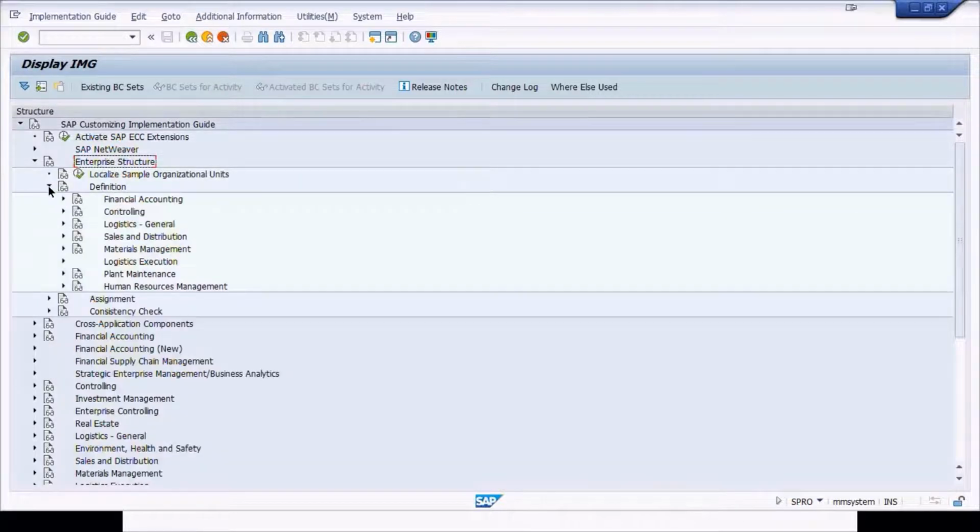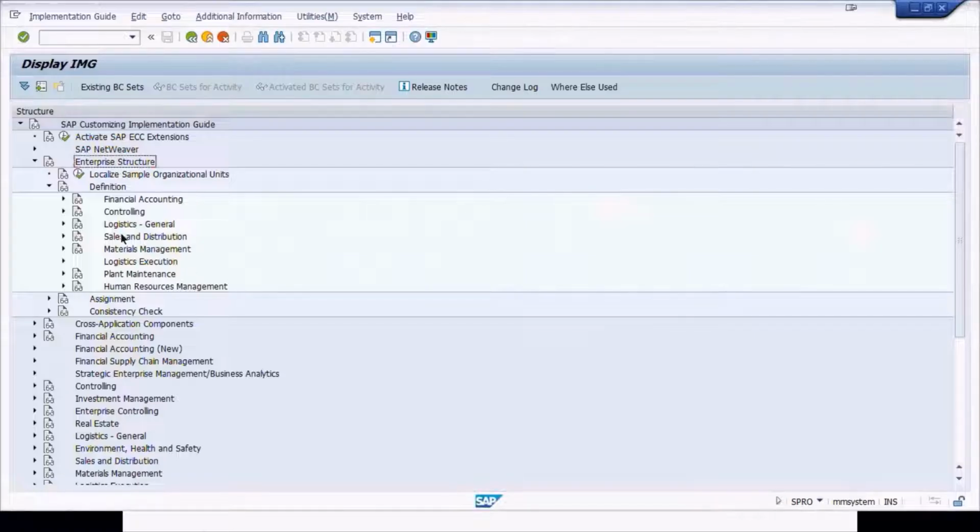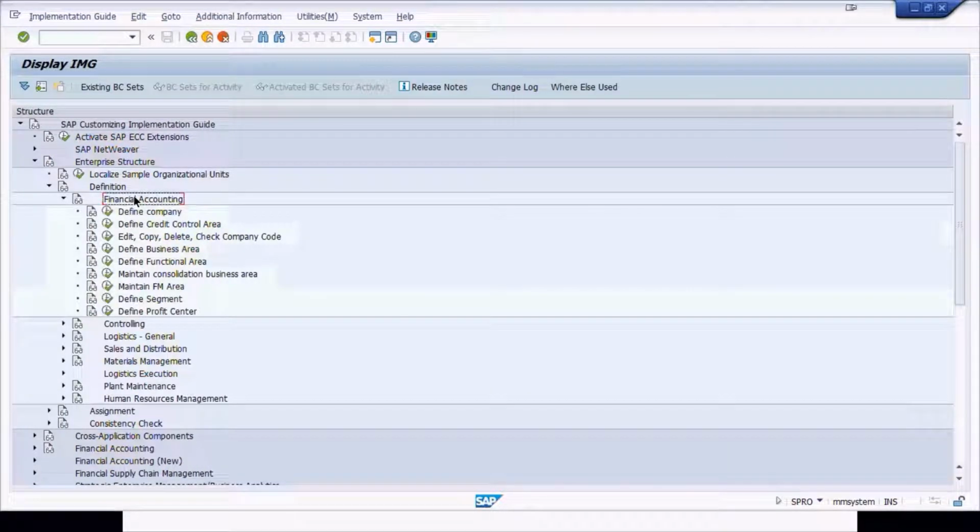the assignments. So when you talk about financial accounting, we have just seen that it is relevant for financial accounting. So you will always find that node of the company code creation in SAP within the financial accounting node. In the definition, in the financial accounting, you see this node of company code: edit, copy, delete, check company code. If you want to learn what this configuration is about,